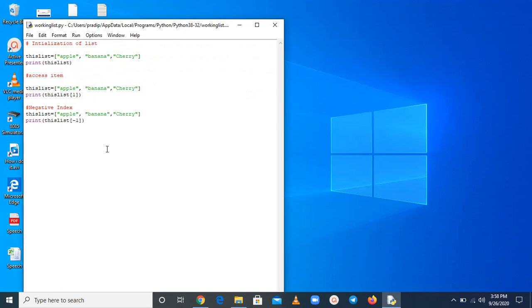Now, moving forward, when you are talking about range of index, I am using the same list. And just add one more item, orange, and add a kiwi.